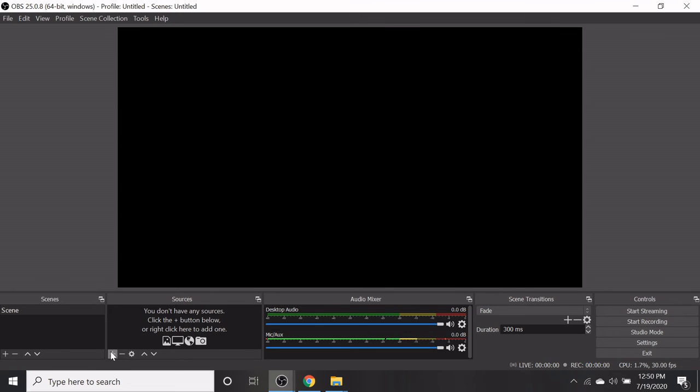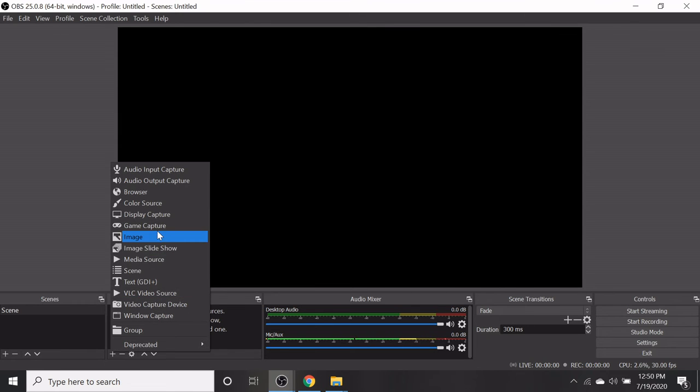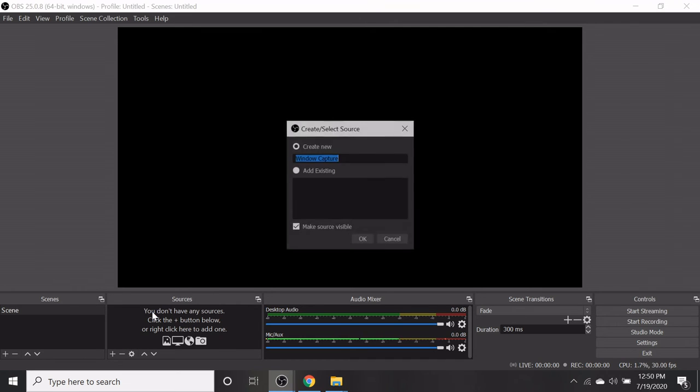We can also use the window capture option, in which the window which is open on your computer will be broadcast.